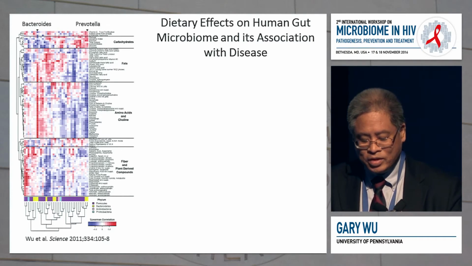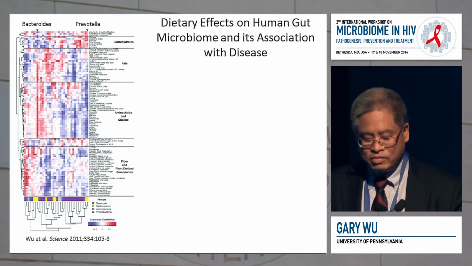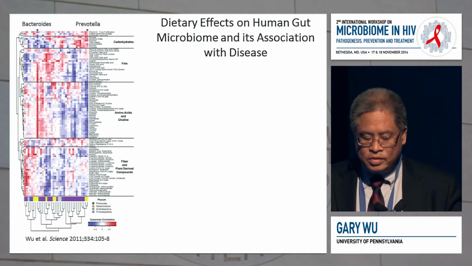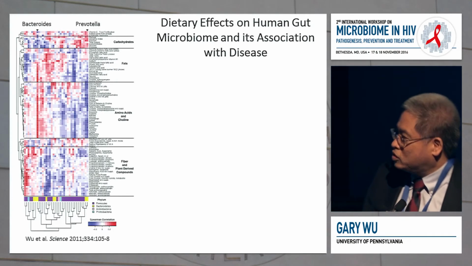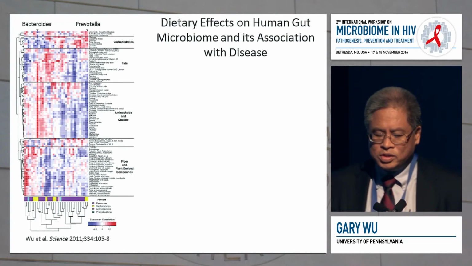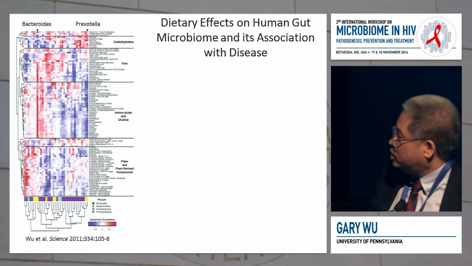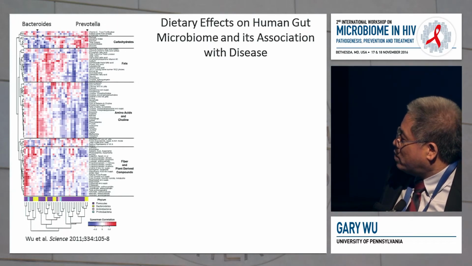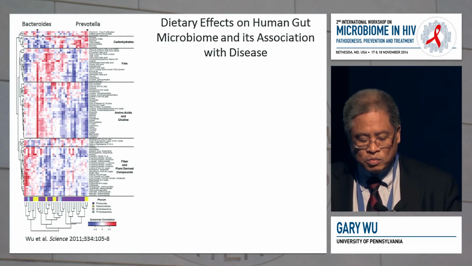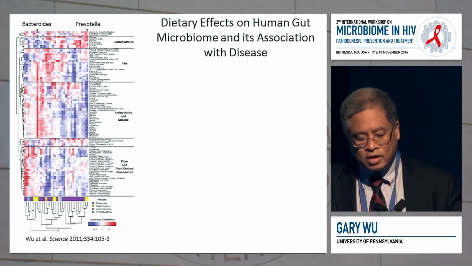In fact, I'm a believer that that's the primary reason for the increasing incidence of obesity and metabolic syndrome. So this is the only piece of work that I'm going to show that we published many years ago, and this was an association between all these different types of micronutrients and different bacterial taxa. The positive correlations are in red, the negative correlations are blue, and the intensity of the colors indicates the strength